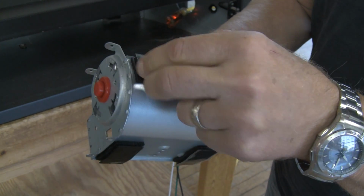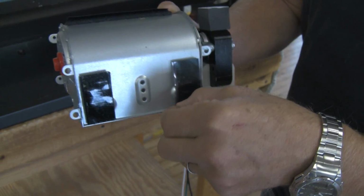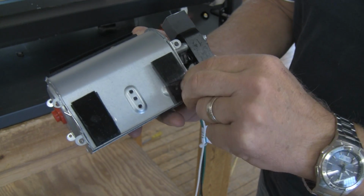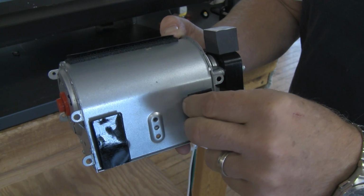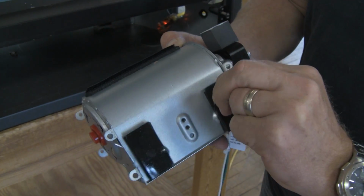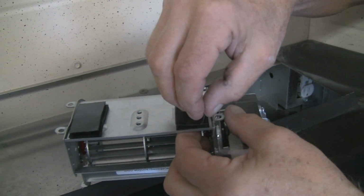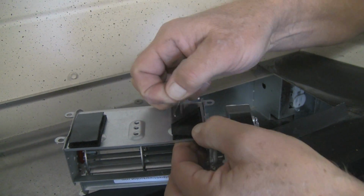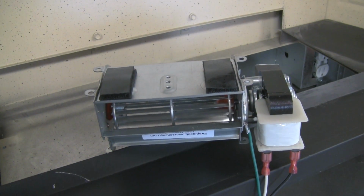And trying to do this one-handed is more difficult. So I've got this one off, and I need to pull this one off. Okay, I might have to set this down to show you so I can get that off. But you want to be careful just to get the plastic strip off like that. Okay, now we've got the Velcro strips